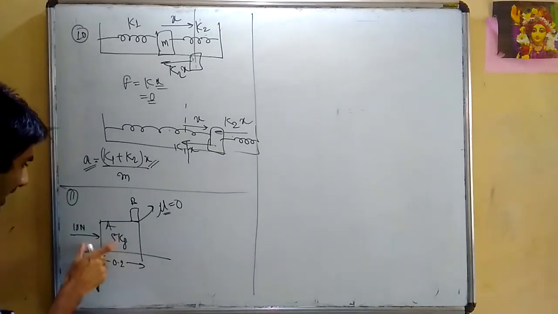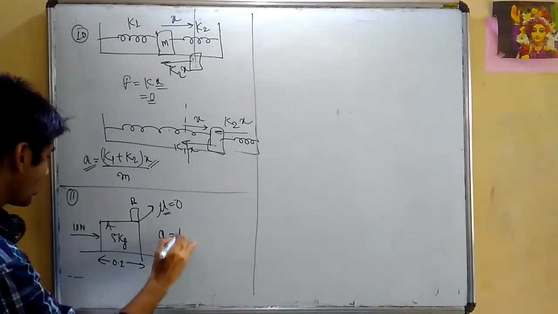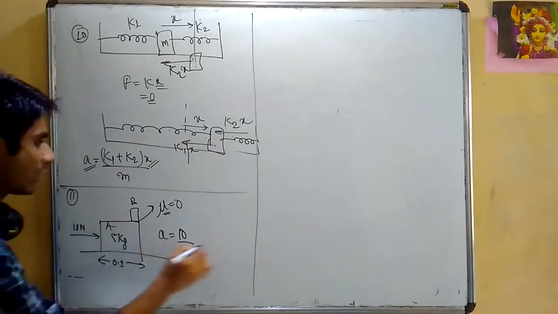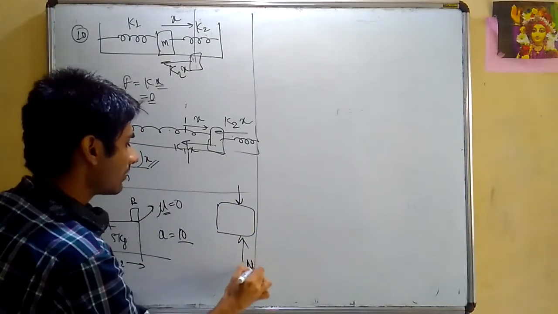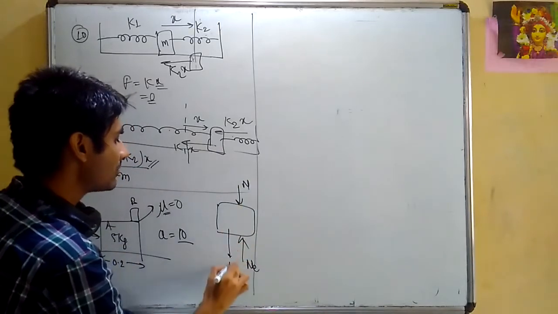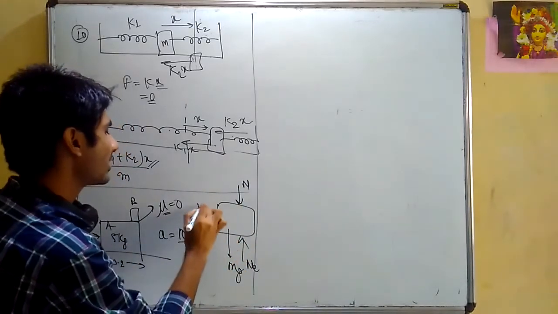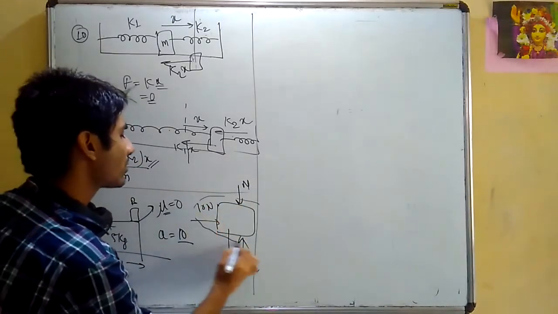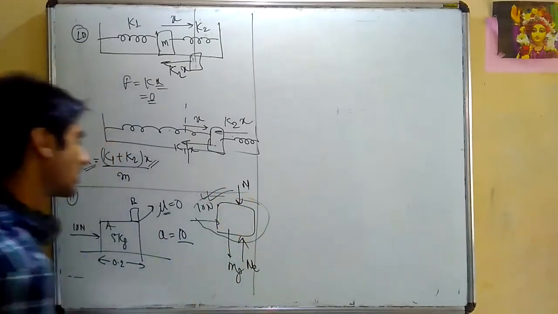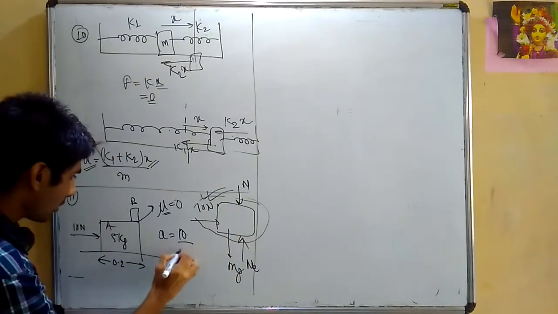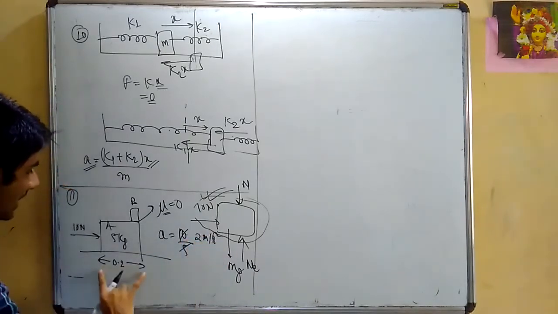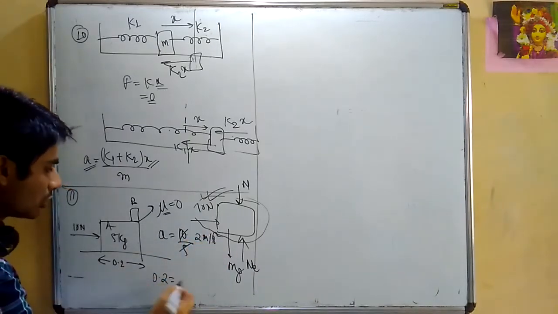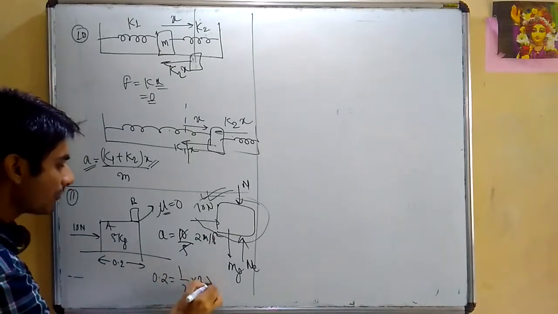S is given to me, and acceleration of A I know. Acceleration of A, there is only one horizontal force acting on A. If I draw the FBD of B, certainly this normal will act. Earth's normal will act, normal will act from above, and the mg is in this direction, and a force of 10 Newton is acting. But since I'm considering horizontal motion, I'm only bothered with the horizontal forces. So force upon mass is this much. Acceleration is 2 meter per second square. S equals ut plus half at square, u is 0.